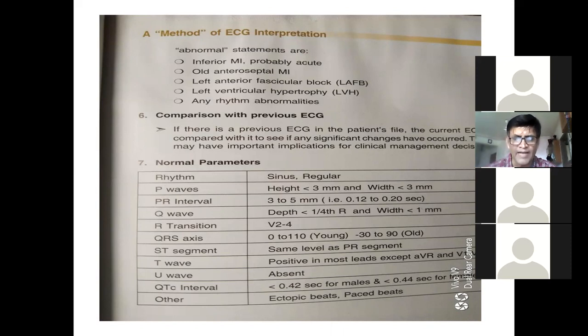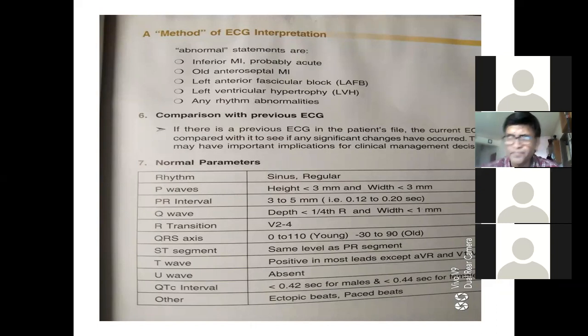The ST segment should be isoelectric. You know what isoelectric is? I told you earlier, no? It is on the baseline. If the ST segment goes above the baseline, it is called elevation. If it has gone below the baseline, it is called depression. Is it clear? ST depression is mostly ischemia. ST depression in any lead, a lot of doctors write STT changes. Have you seen that? What are STT changes? They are called ischemic changes.